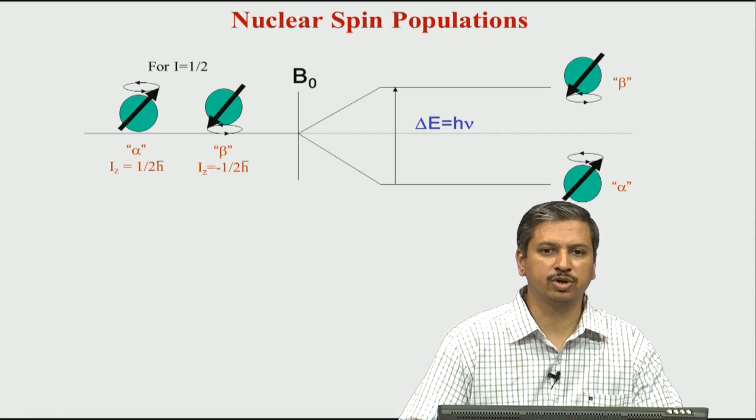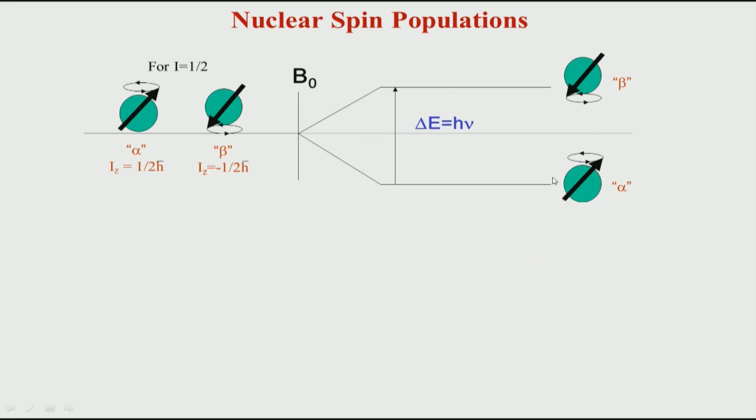Nuclear spin population starts from basically looking at how the spins are oriented in the magnetic field. When you do not have a magnetic field, the spins are degenerate, the two spins oriented alpha, plus half and minus half, have no particular orientation, but when you apply a magnetic field you see that the spins get split into two populations. This is called the lower ground state energy level, and this is the upper state energy level. This happens when you take a collection of molecules in a magnetic field.